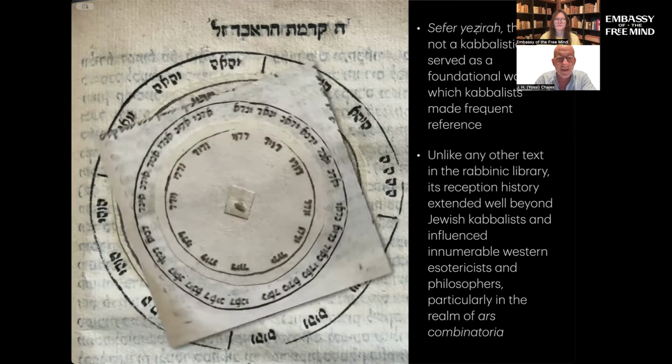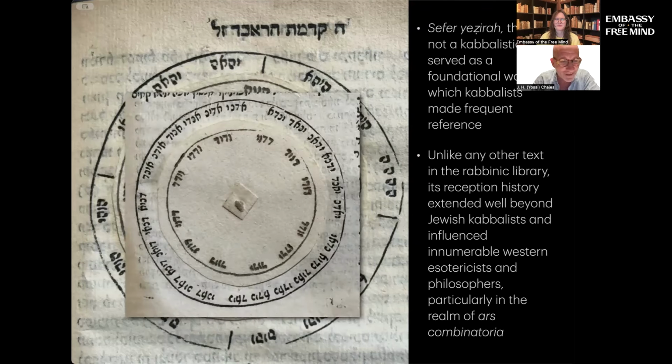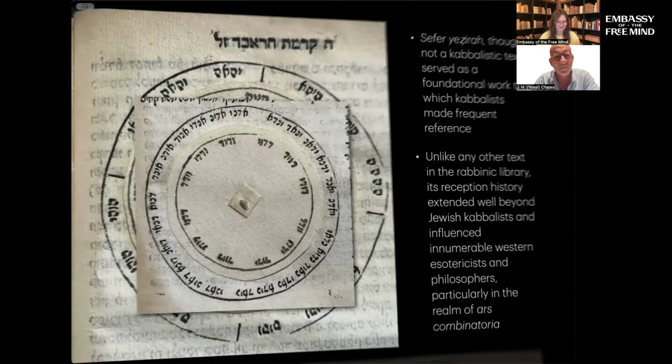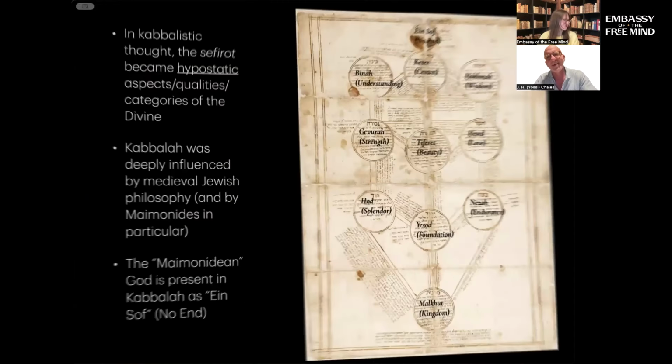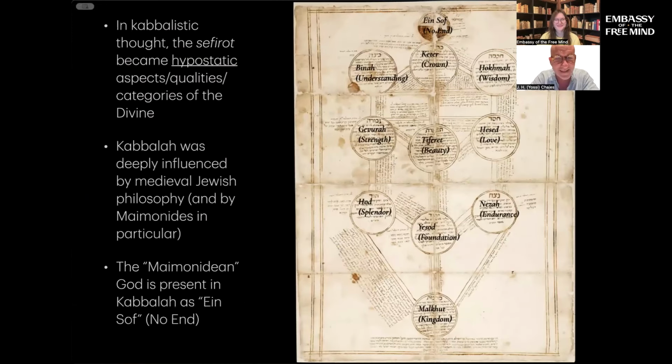And again, just a reminder, the images you're seeing are from books in the Embassy of the Free Mind, this being their copy of Sefer Yetzirah, one of their copies of Sefer Yetzirah. This image, I must say, is not in your library, but I just thought it might be handy. It's a relatively simple Kabbalistic tree in the generic sense,